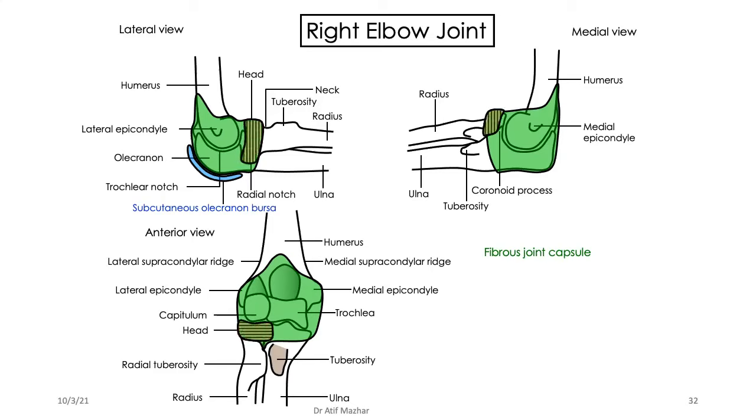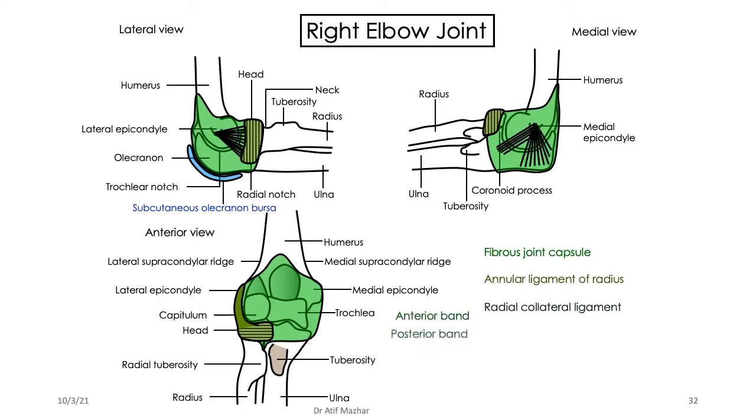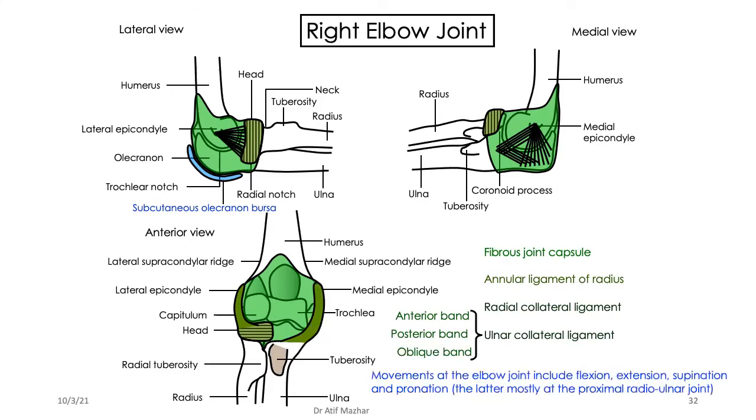Now there is a ligament which wraps around the head of the radius, the annular ligament. And then we can see laterally, a lateral collateral and a medial collateral ligament. Simply remember, radial collateral, and then they have different parts. It has anterior, middle, posterior. If you forget them, it's okay. Simply remember, elbow joint, how many ligaments? 3. Lateral, medial, and annular. Are we good? What movements are occurring here?